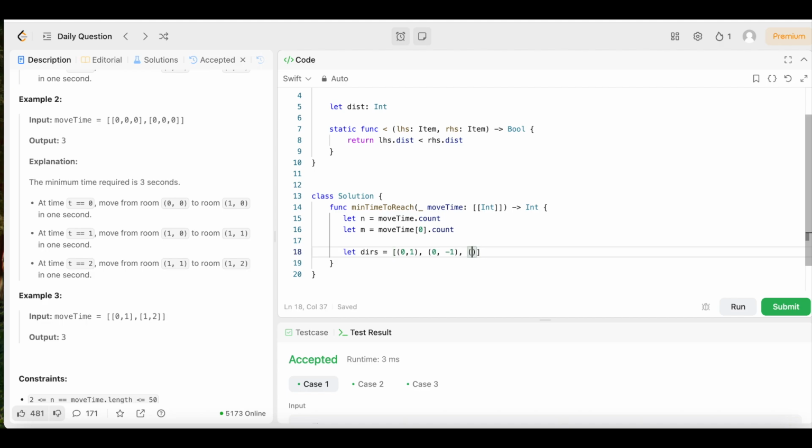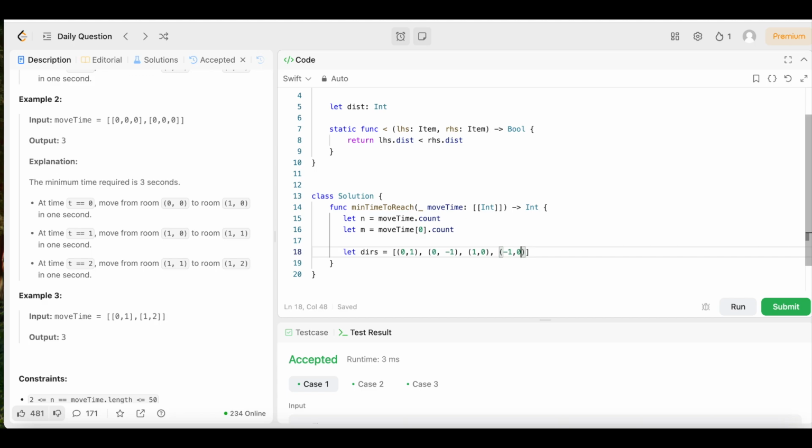We're going to open up more parentheses. We're going to say 1, 0, come outside those parentheses, open up more parentheses. We're going to say -1, 0. And this is the 4 directions, right, left, up, and down, that we're going to need when we're moving through